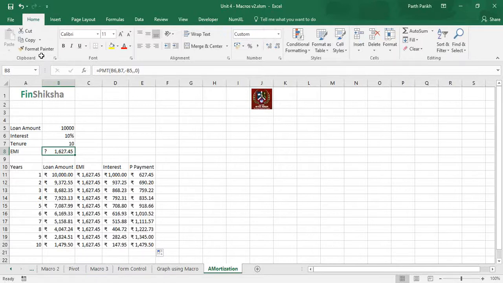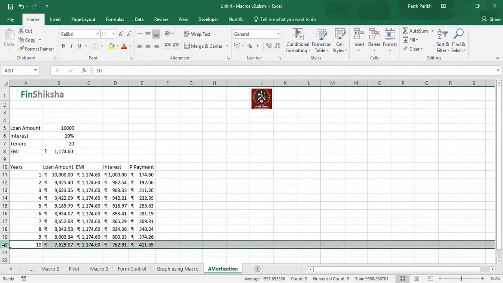Now I want you to do an exercise. Let's say instead of this tenure, had the tenure been 20, will the same formula work, or say the same macro work? If not, then what are the changes you have to make? So this is one exercise which you have to do. Let's say I make a change to the tenure from 10 to 20. Will the same thing work? Because at the end of the 10th year, my entire loan is not repaid as such. Then what changes need to be done, I want you to implement that.